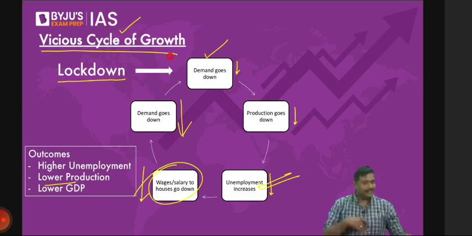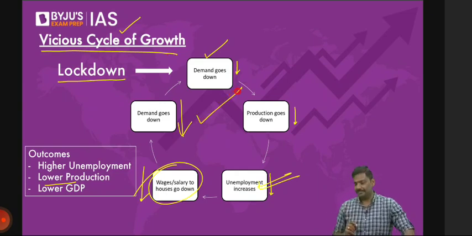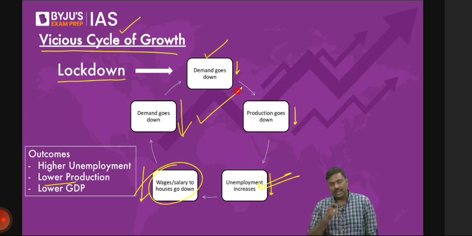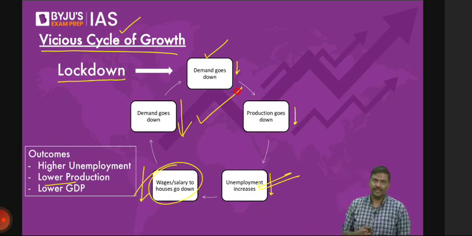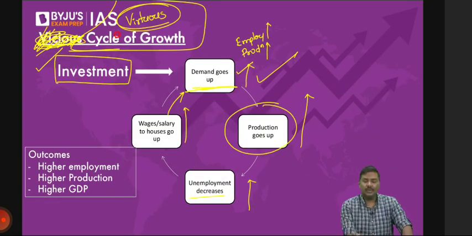Simple question. During the pandemic, did you observe the vicious cycle? Sir, why are you discussing all of this? Tell me. During the pandemic, did you observe this particular vicious cycle? Where demand went down, production went down, GDP went down, etc. And don't you think government as well as the private sector now is basically trying to promote a virtuous cycle in the economy? That is the importance of these terminologies.